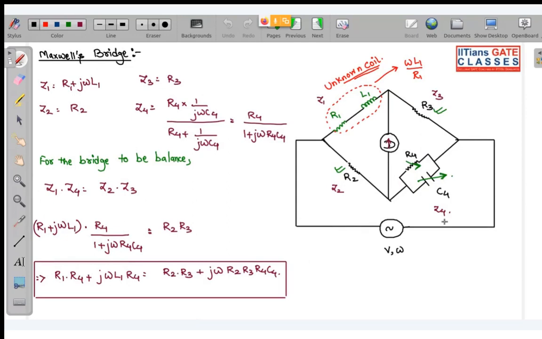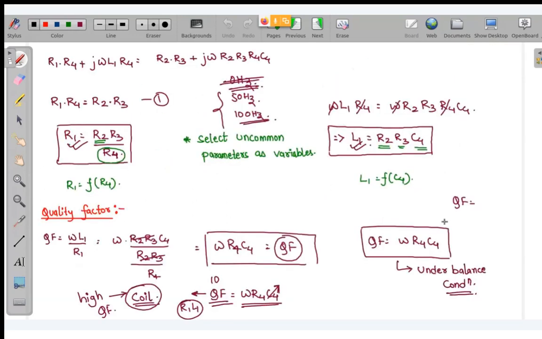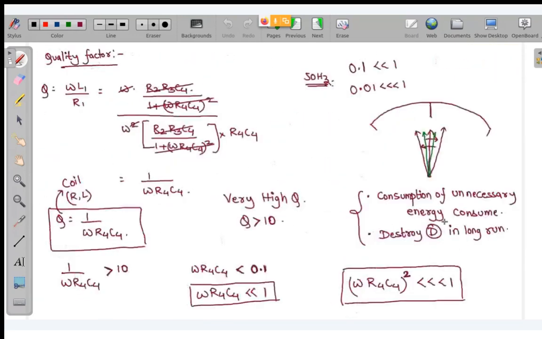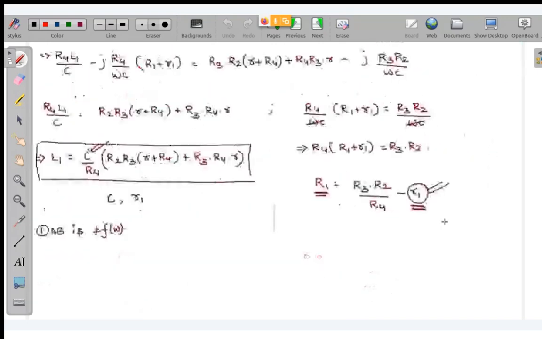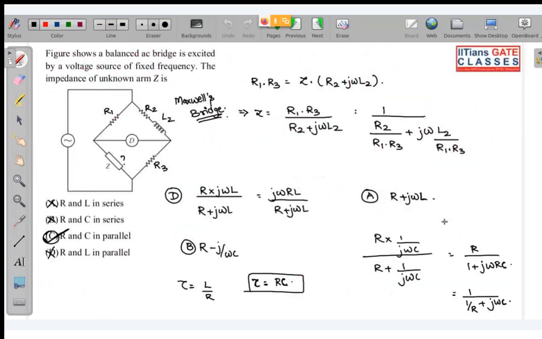Your question is quite valid. You are telling me, sir, this is Maxwell's bridge, you can even take it as Hayes bridge. So why can't I take Hayes bridge? Since it has been given to us that it has been excited by a voltage source of fixed frequency,